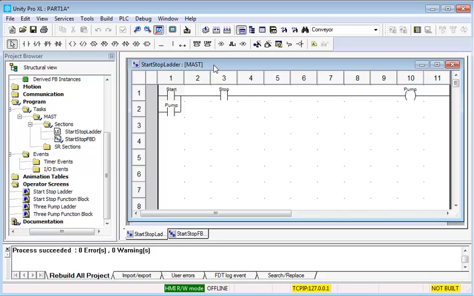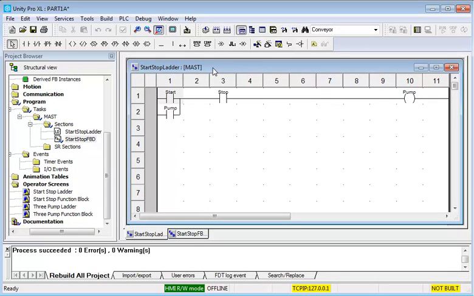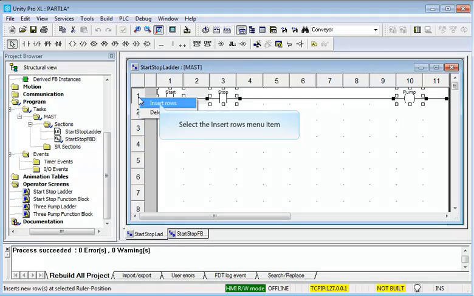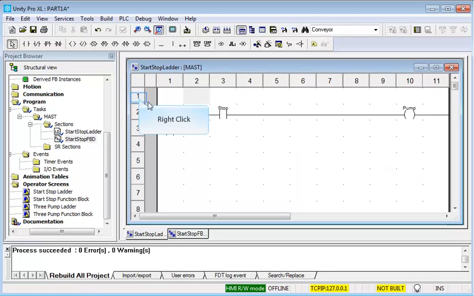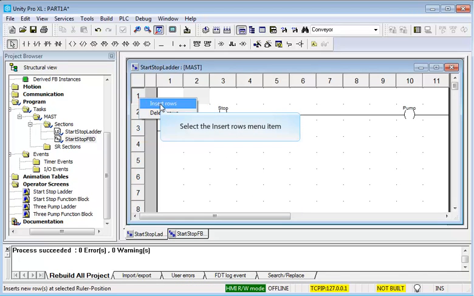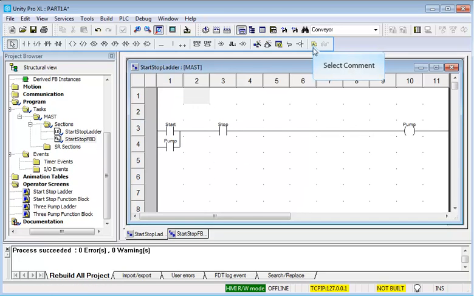It's good practice to label our programs, and there's a tool on the toolbar called comment. But before we do that, let's add some extra lines in so we can make some space. So if I right click on the number 1 for the row, I can insert a row. In fact, I might insert 2 rows. Now click on the comment and put it on the screen. Now I can label, go back to my pointer,